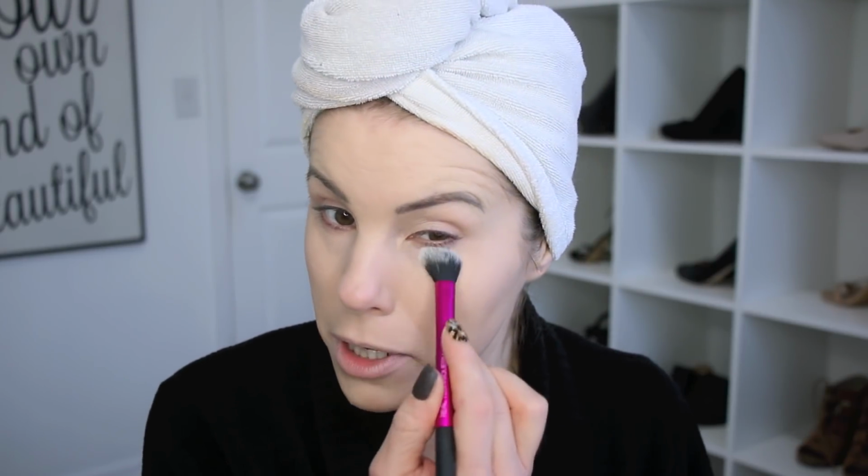So I'll just use that, and then I'll probably use a different brush to set my under eyes, because I don't really feel like they have a good brush in there for that. Their highlighting brush would be good, but I'm going to use that for highlighting. So I'm just using my Real Techniques setting brush to set my under eye concealer with that